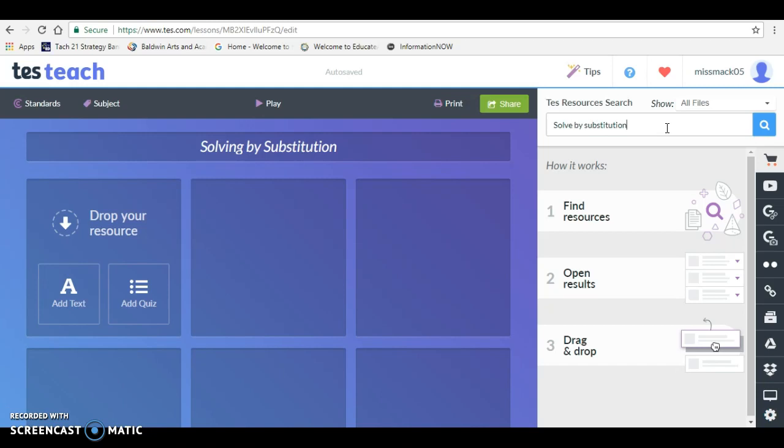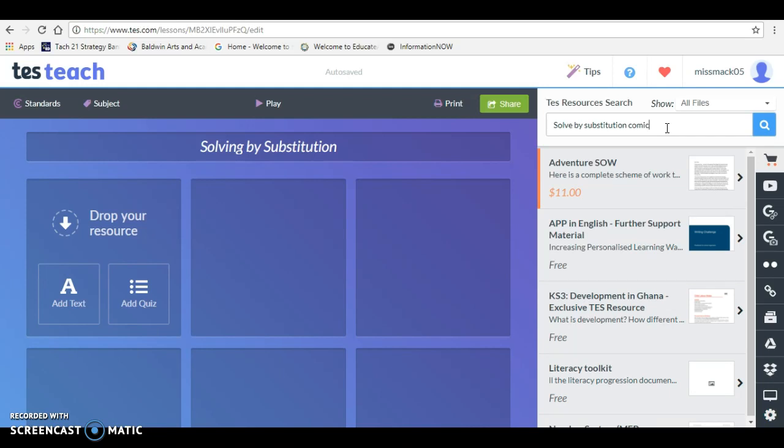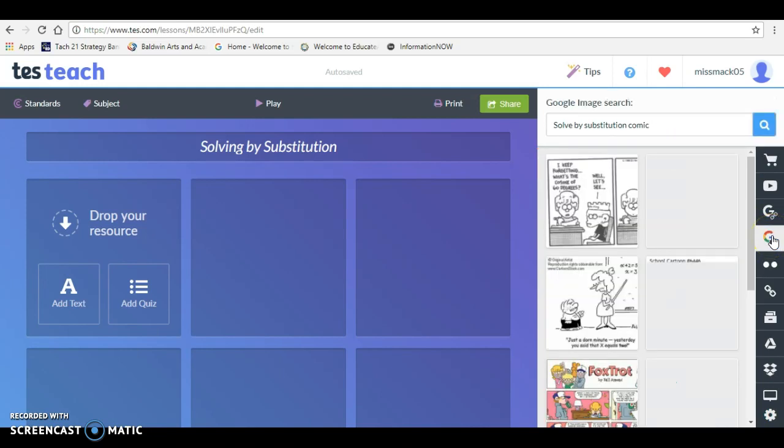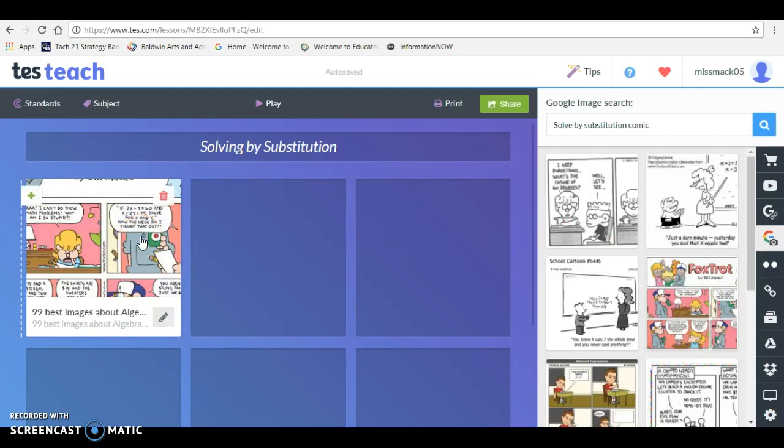Now, I know that I want to start mine off with a comic strip. I like to find Foxtrots or Garfields or something like that that kind of tie into my lesson when I can. So I'm going to search for solve by substitution comic and see what comes up. And to narrow it down, I'm going to search in Google Images so that it only shows me images. And I like this when it's colorful. It looks already like it's probably going to be funny. So I can just simply drag it and drop it over here to